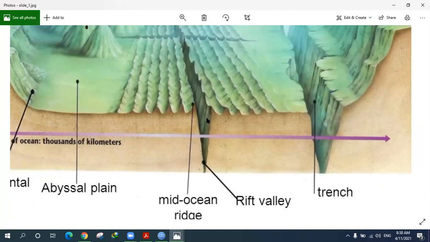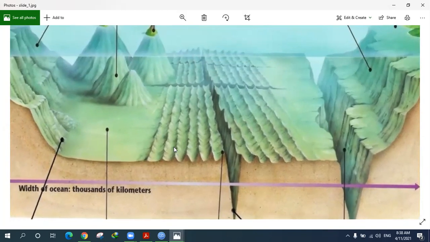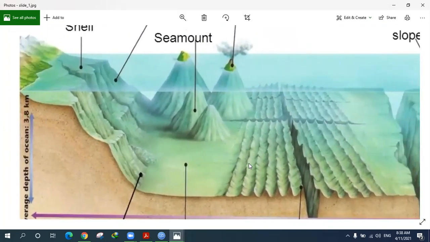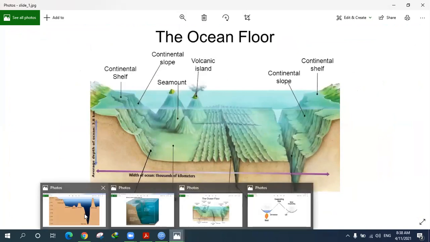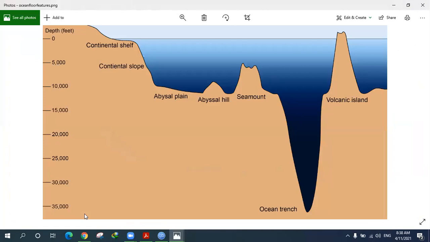Yes, the rift. This part is called the Rift Valley, but the crack itself is called the mid-ocean ridge. This is a very famous place, where the tectonic plates separate, making this huge rift or huge crack. And this one we call the mid-oceanic ridge. Some of the words are so new for you guys. I know that maybe they're kind of hard, but I know you guys understand most of them.